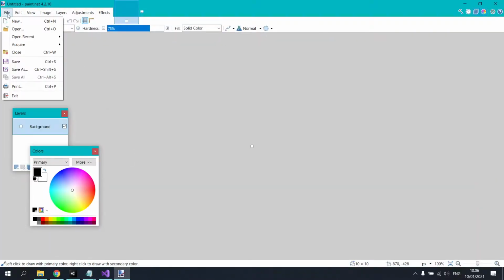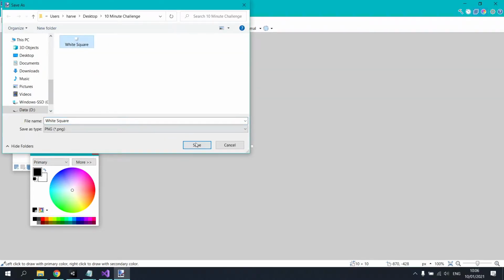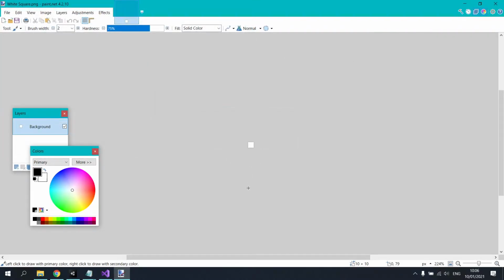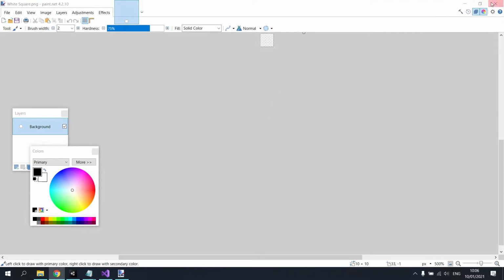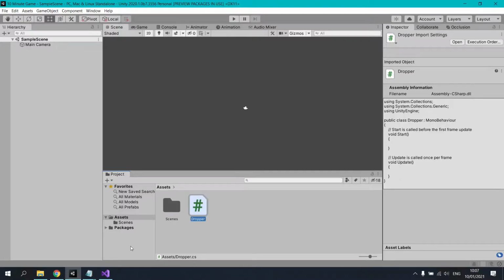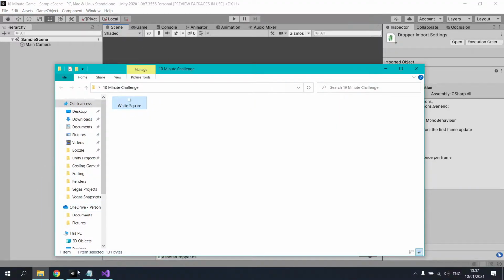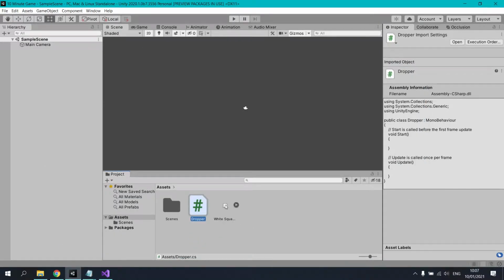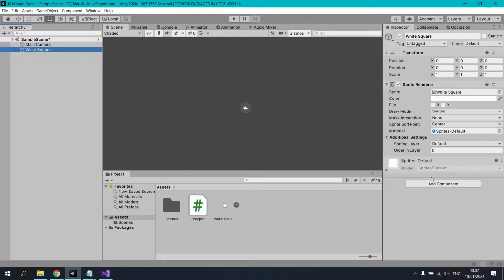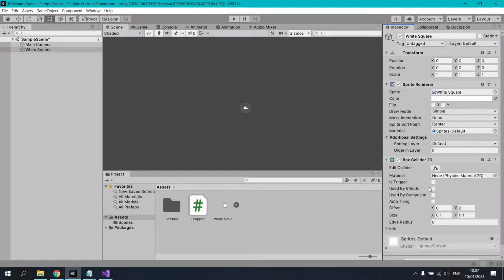The first thing I want to do is just get myself a white square like this. It's just basically a white square. I'll close that down now. And now I'm going to have to drag that square into the project. Okay, dragging it in. I need to add a box collider to that. Okay, I'm going to call this ground, and then this is going to be like minus 5, minus 4. I'm going to make it 110 wide, 10 tall, and then we're going to have,